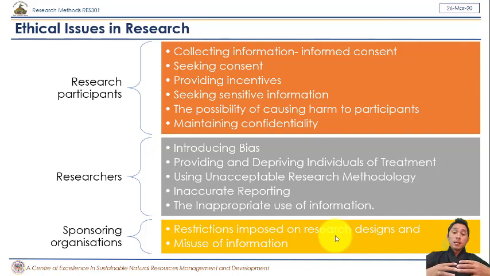Even if you want to do random sampling, they want you to do systematic sampling. Even if you want to take around 300 samples from the population, they want you to take around 450. So though your research method is very clear and correct, the kind of restriction that they impose on your research, because they have funded you, is again unethical on the sponsoring agency side. So we need to take care of that.